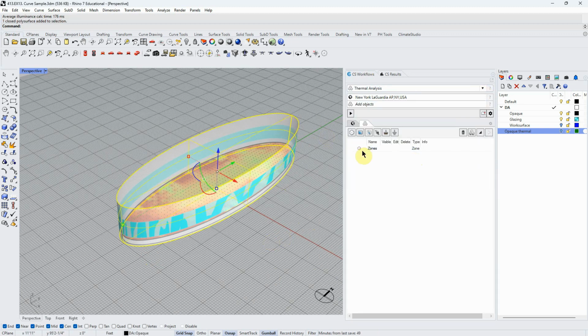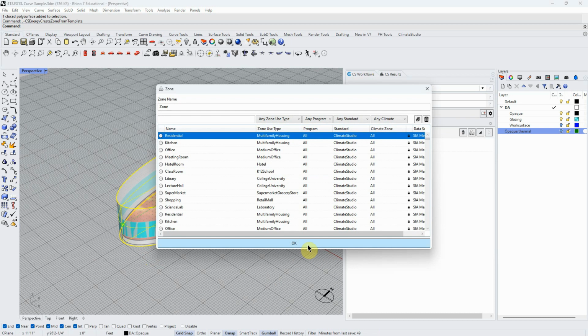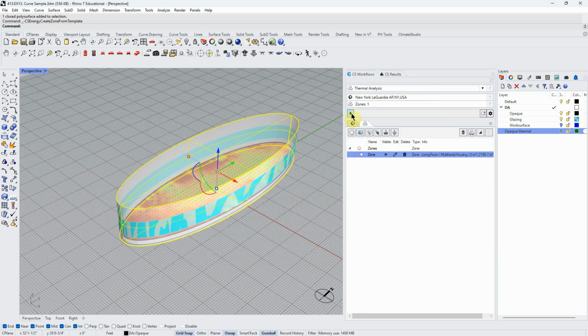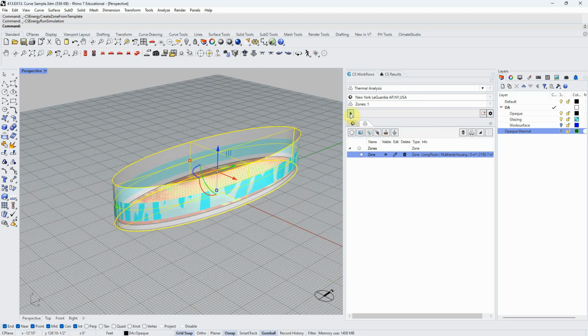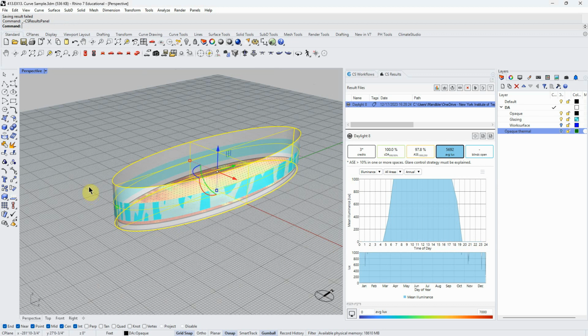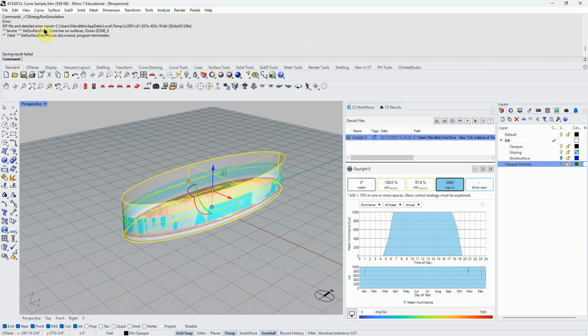If I try to make a zone, I can make a zone out of the curved space, but if I run it, I get a failure. Now, it looked like nothing ran, but it did run. It just was very quick, and we see we have a severe error, basically saying that we don't have any